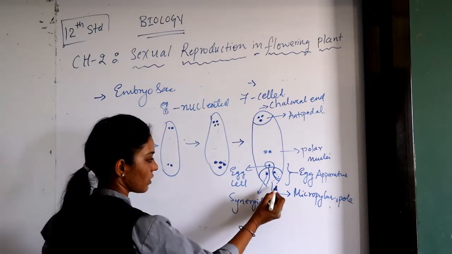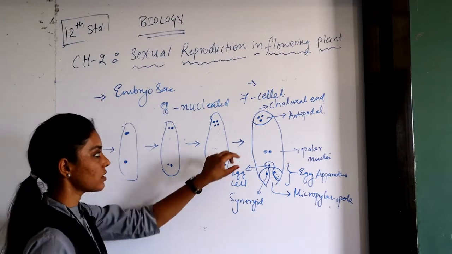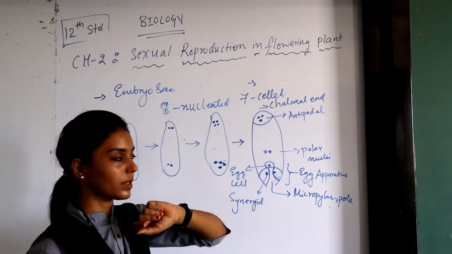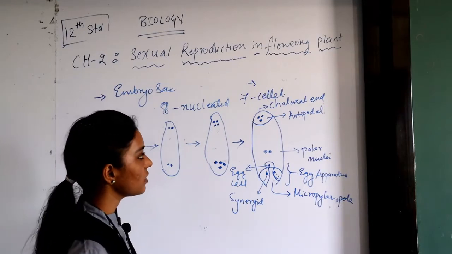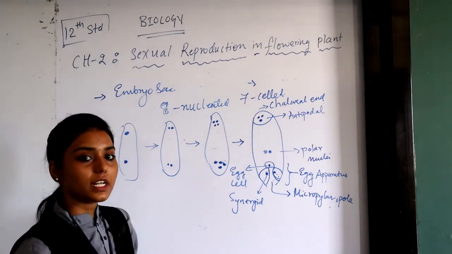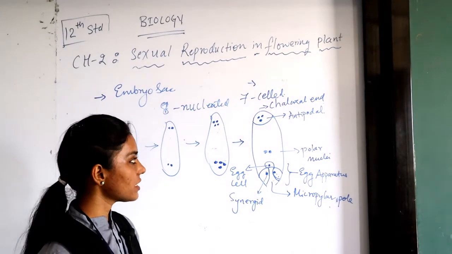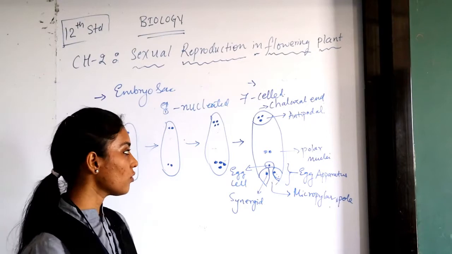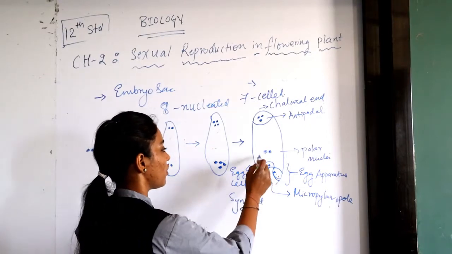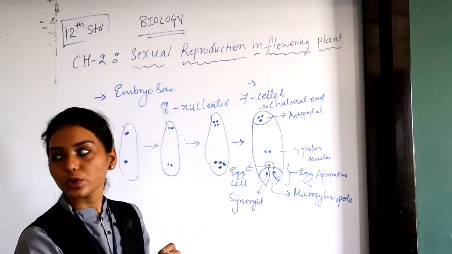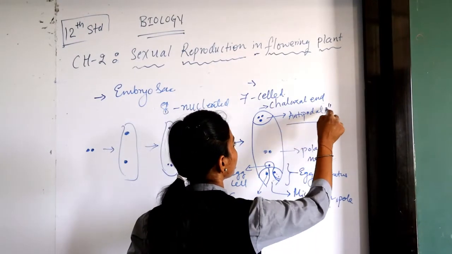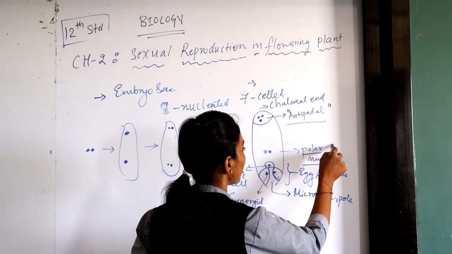Now this is how the embryo sac is formed. This is how one embryo sac is formed. Now further, in the fertilization part, post fertilization, we'll see why these cells are opening up. In fertilization, how the male gametophyte enters and forms an embryo sac, that we are going to see. Okay. Now I hope you are done with this diagram.